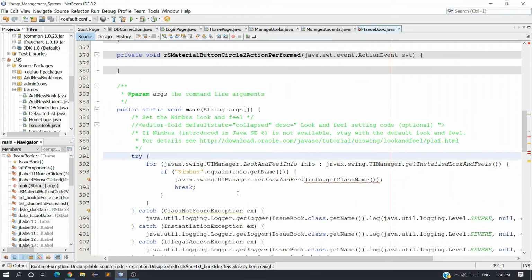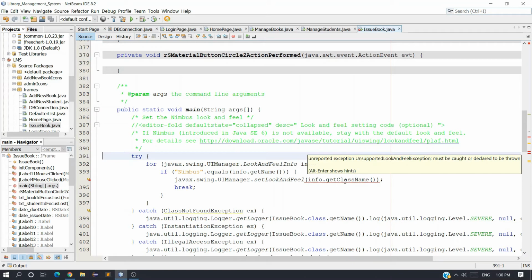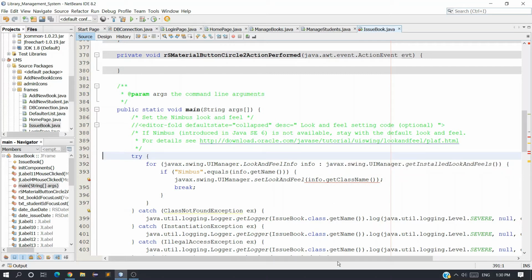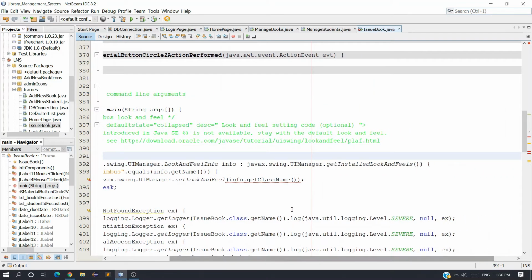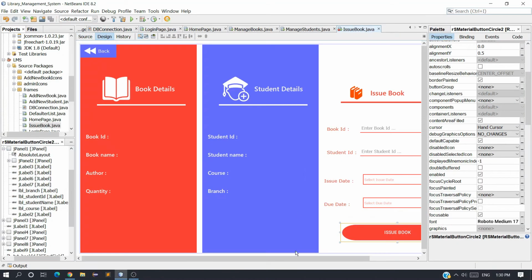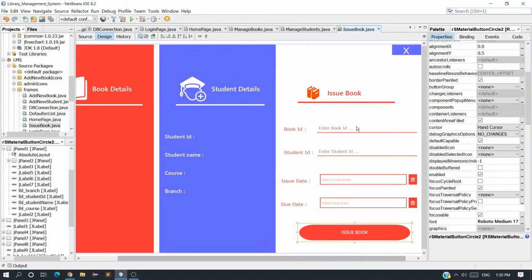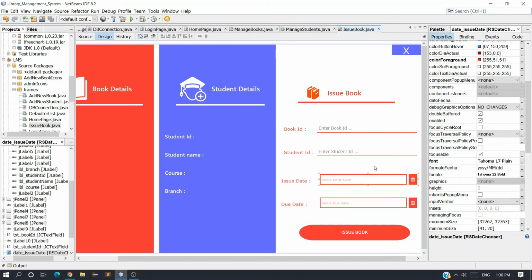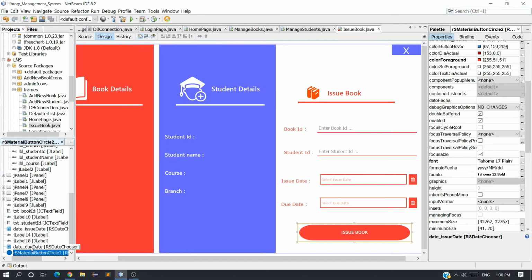Okay, here we are getting error, info dot unsupported look and feel must be caught or declared to be thrown. Why are we getting this error? We have RS date, RS material button.